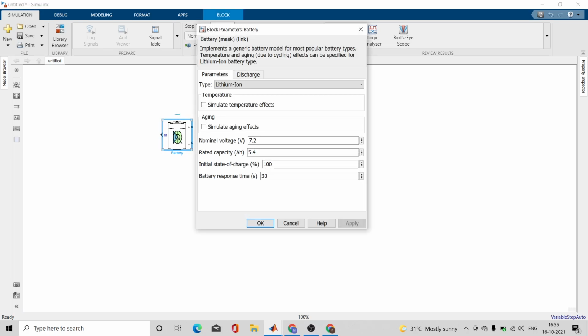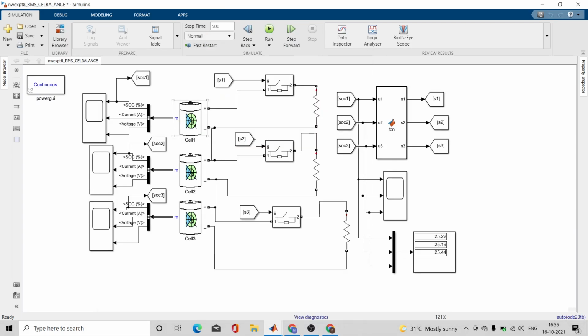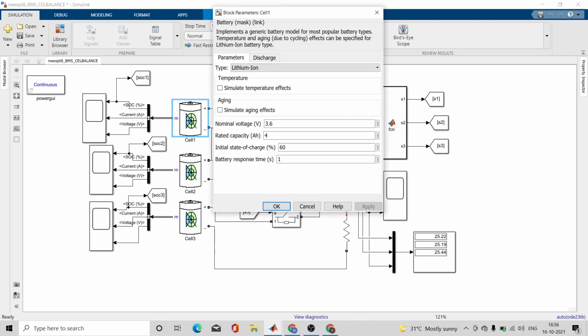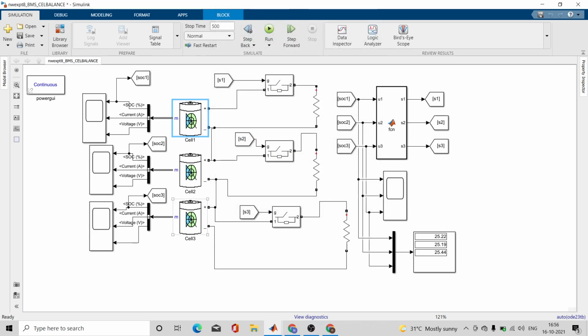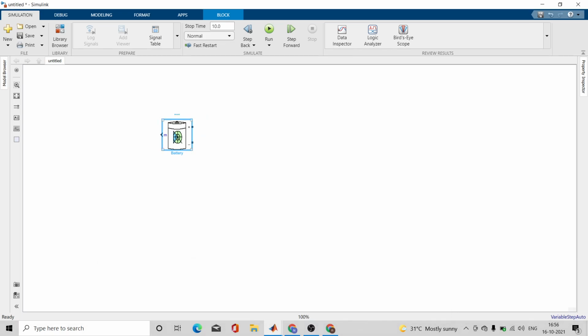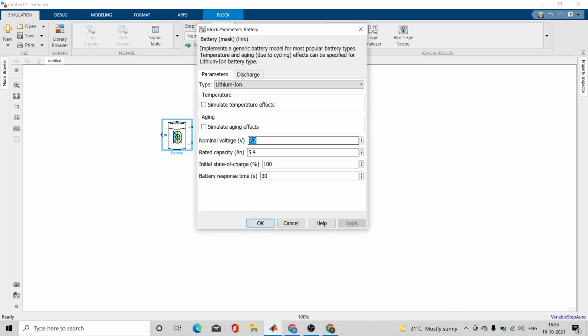This is lithium ion type. Let me open this and give the nominal voltage as 3.6 volt. Remember, mostly the nominal voltage of your lithium ion battery is around 3.6 volt.